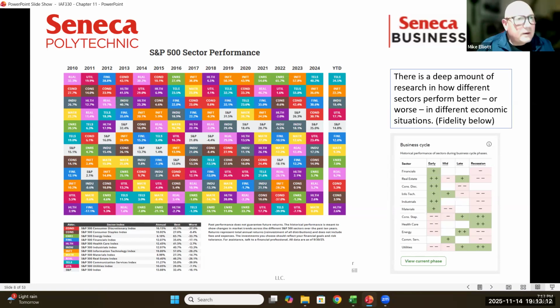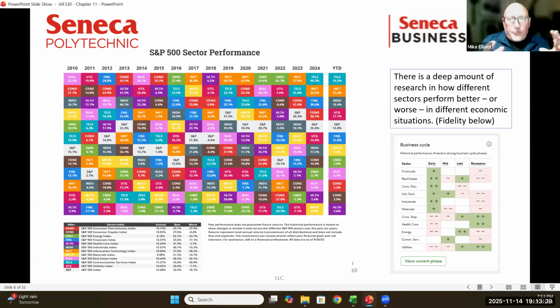Now remember what happens after this. And we had the financial service collapse, 2009, 2010. That drove financial services down. And in fact, if we look at financial services, they're one of the bottom performing ones here. So real estate did pretty well. But if we go back to last year, real estate hardly performed well at all.